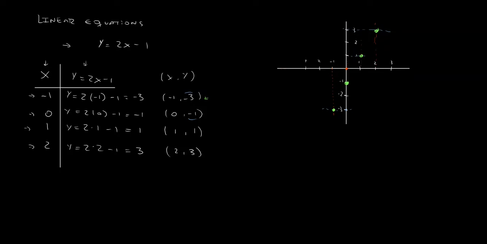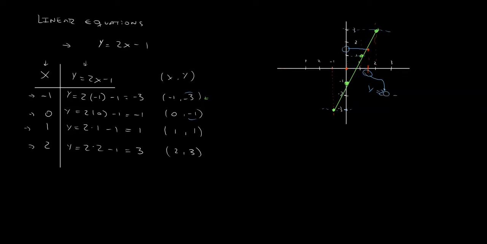So now we have to join these numbers by line. And this is the line that represents the plot. What this line is representing is that for every number that we graph, this one for example, we can draw a vertical line until we intersect the line, and then draw a horizontal line to the y-axis and see what's the point for y, such that y equals this point here times 2